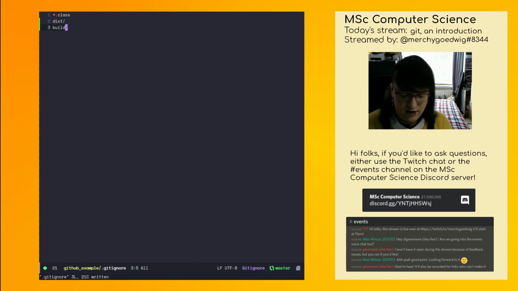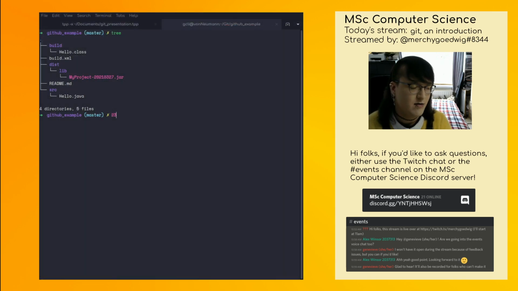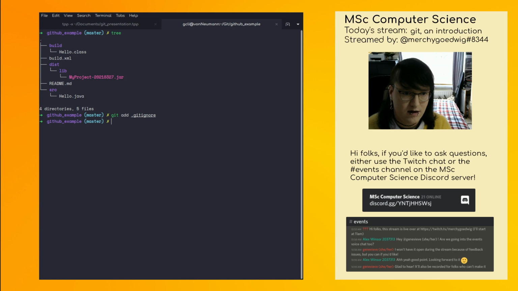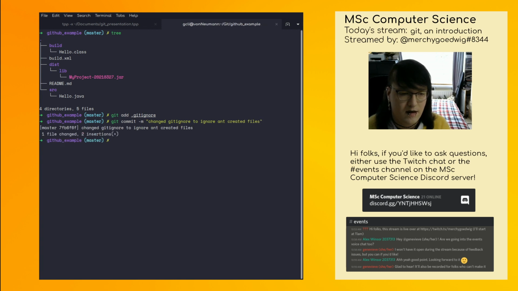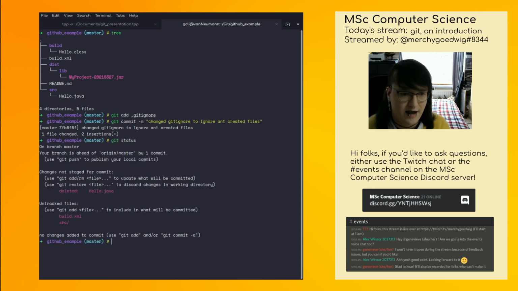So with any luck now, unless I've done something really stupid, when I do git add .gitignore, and I git commit -m with the message "changed gitignore to ignore built files and created files." If I do git status now,